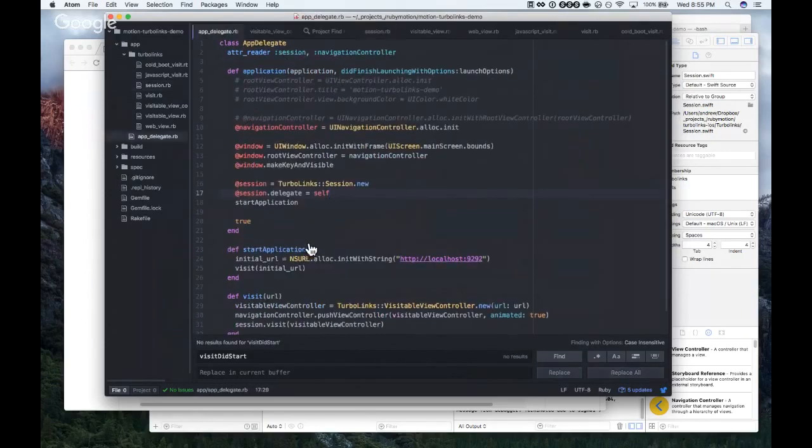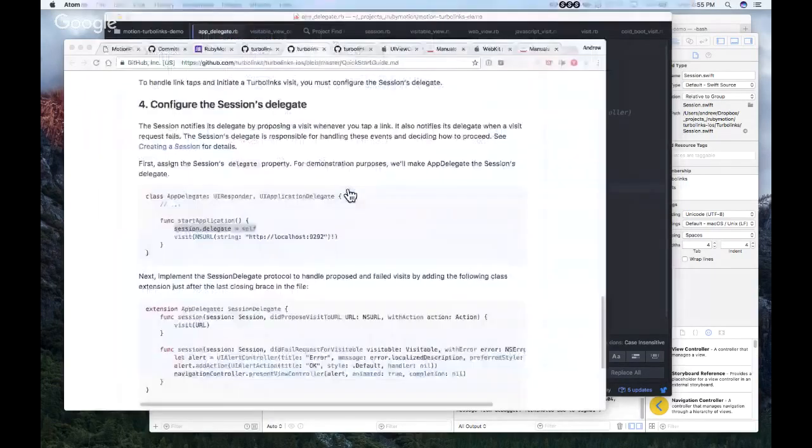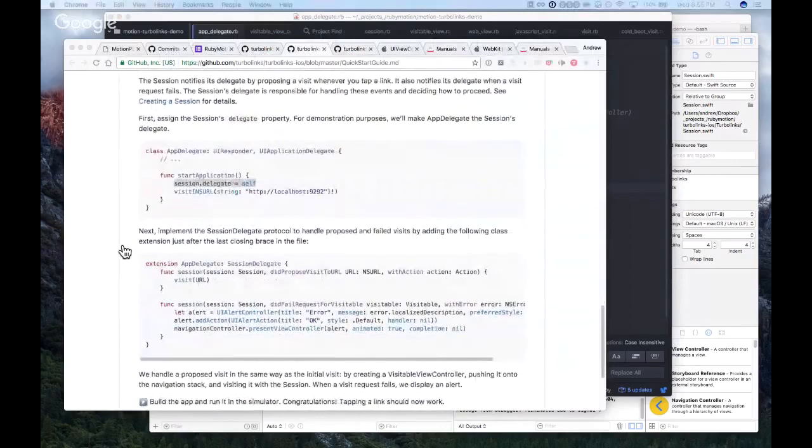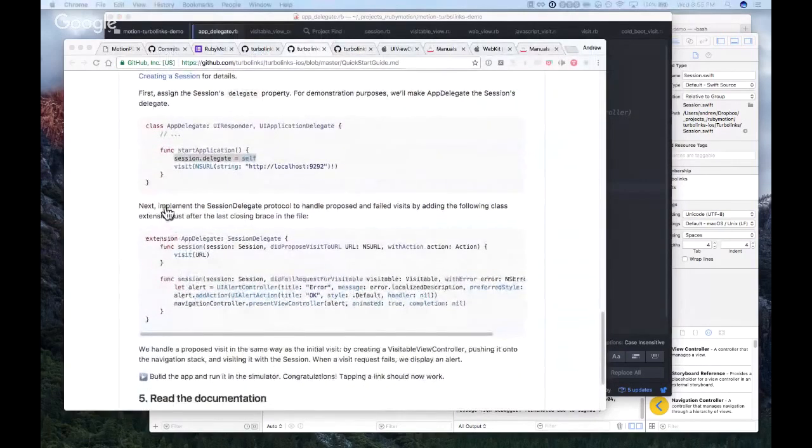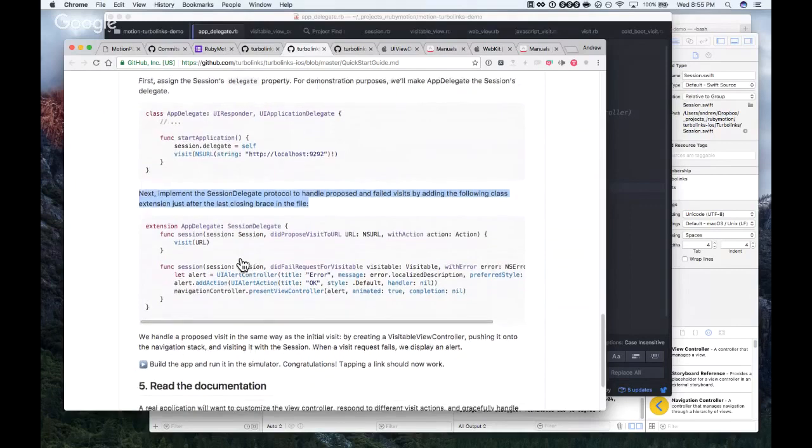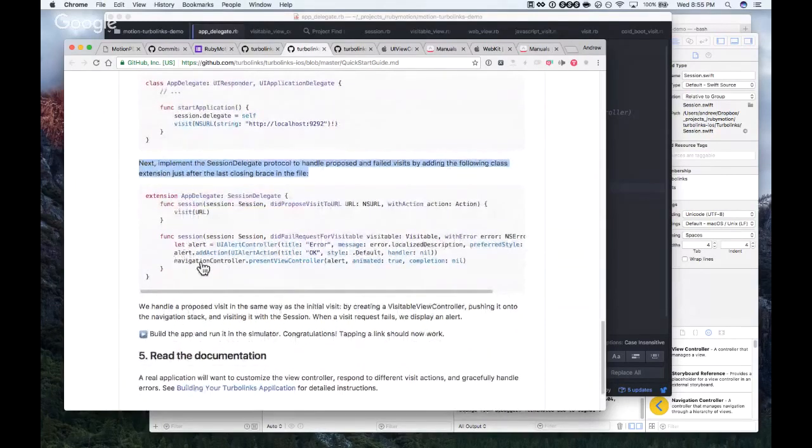Now that our session accepts a delegate, our app delegate is going to have to respond to session request did start, I think, is what we have in the code so far. Yep. So we're going to implement on our app delegate a session did propose visit to URL with action, and a session did fail request for visitable with error.